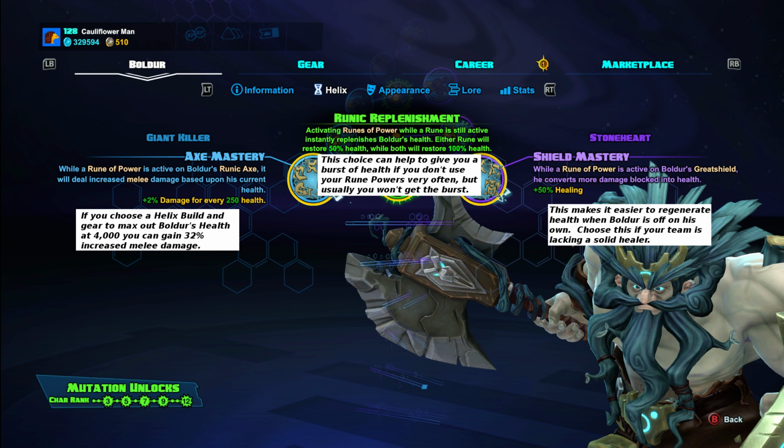The center choice, it can help you get extra health if you haven't used the rune power on one of your skills. So whenever you use your ultimate, whenever you use one of your skills, it uses up your rune power for that skill. So if you use Boulder Dash or Axe Toss, you use up those rune powers. If you don't use those up before you use your next rune power, you can restore a bunch of your health with this. You can make a case for it if you don't really use your skills all that often,